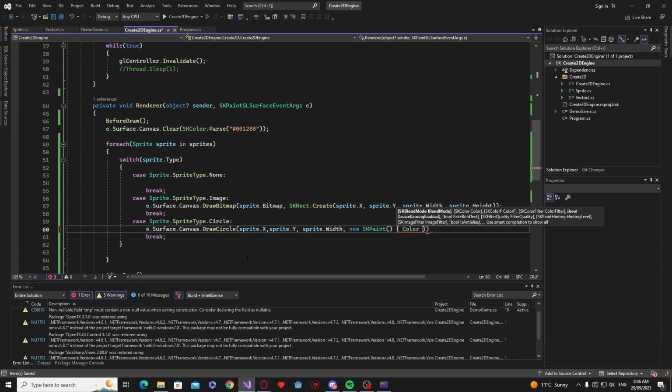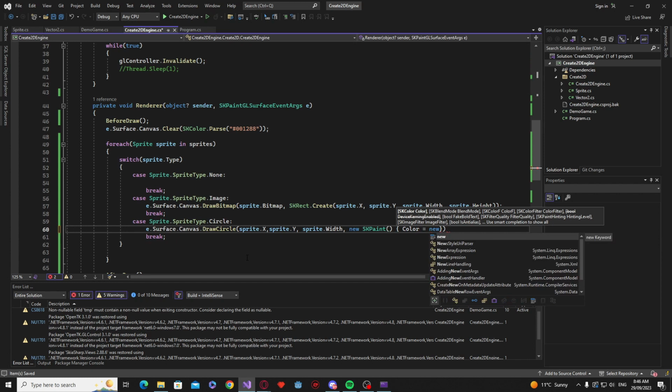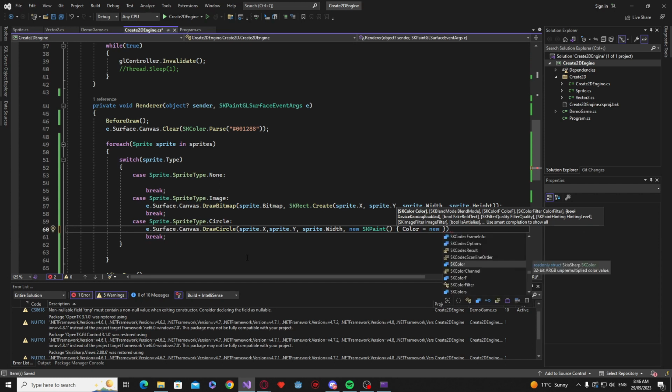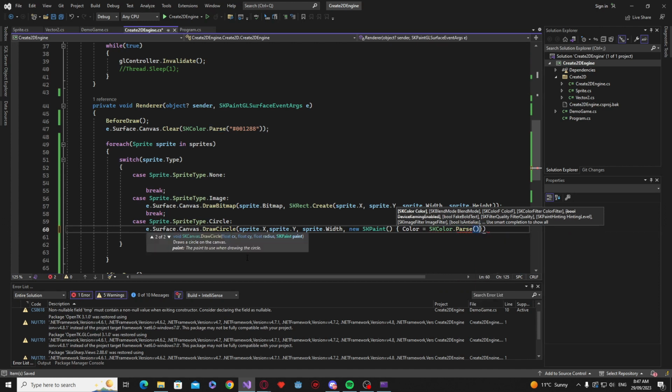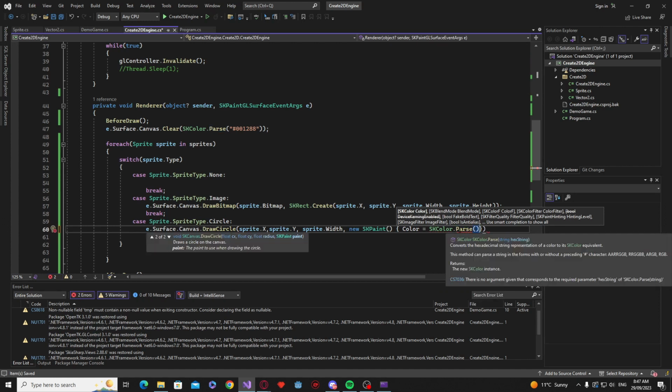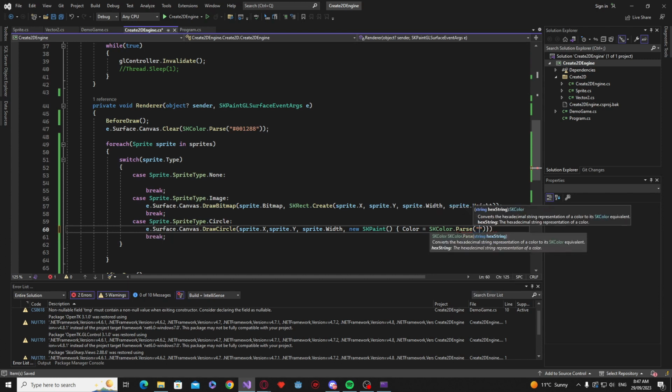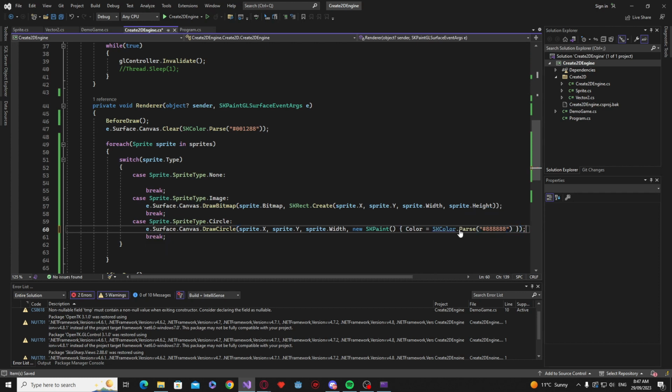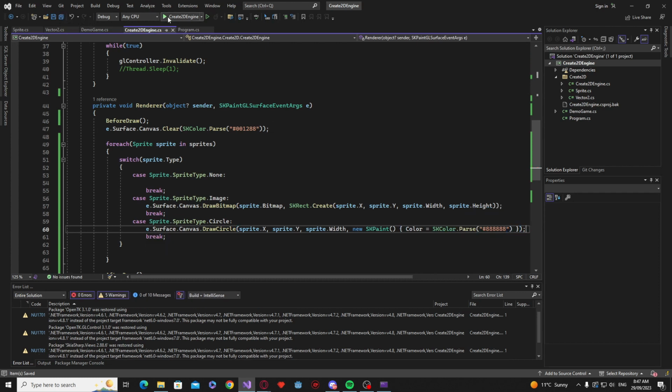And then we should be able to say equals new, going to color the paint. Do that. Okay, yeah. Let's try that. We won't be able to change the color of our circles, but just to make sure we still have that image drawing,